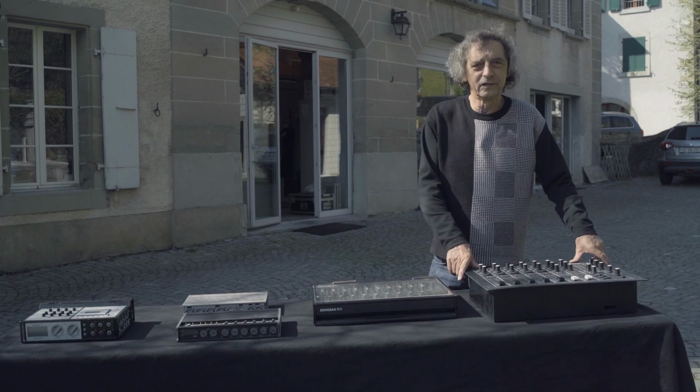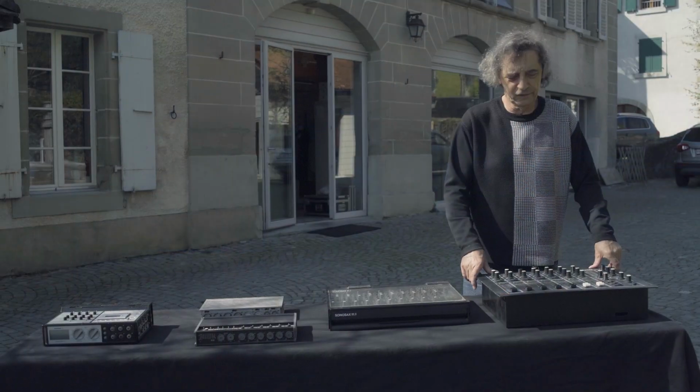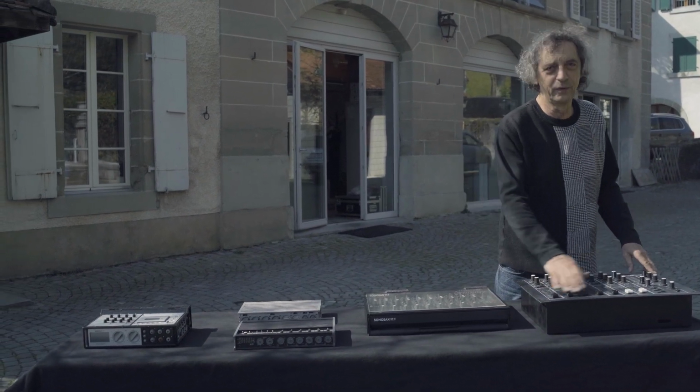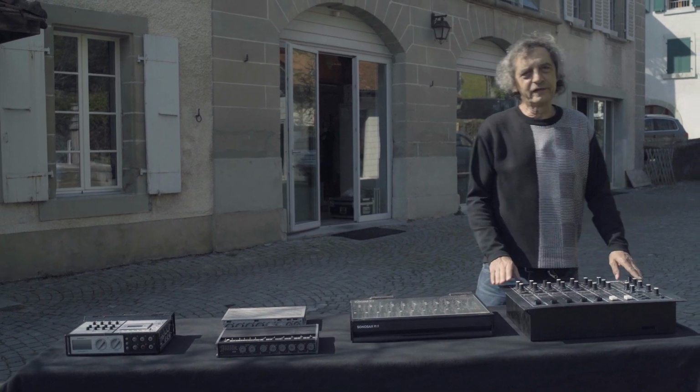It was designed for clubs. At this time, clubs were very famous, and I was a customer of many clubs. It's 5 stereo inputs and 2 microphone inputs. After this,